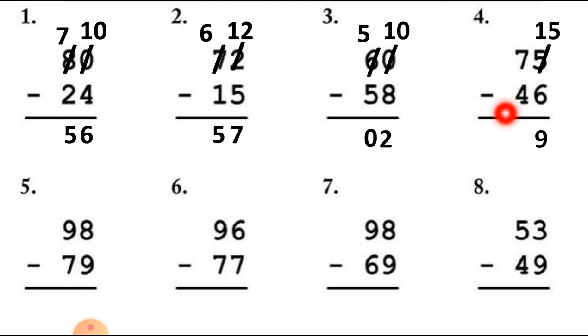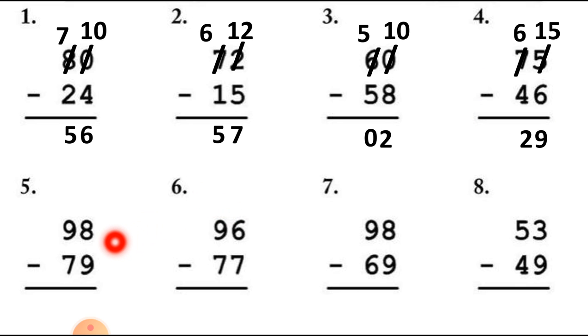Let's move to the tens column. Here is the 7 number. Now we are taking 10 numbers from 7. So we have to cut 7 number first, and 7 minus 1 is equal to 6. So we have to put 6 number at the tens column. Now students, let's cut 4 number from this 6. So 6 minus 4 is equal to 2. So here is our answer 29. Hope you understood this, that how we can cut the numbers and borrowing the numbers.